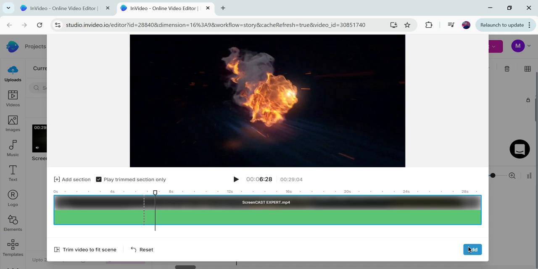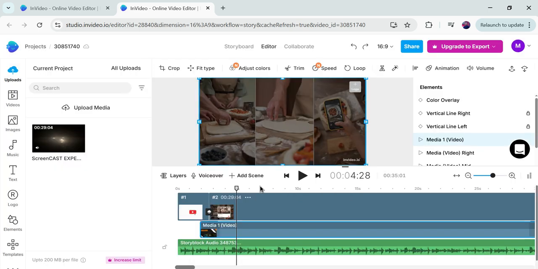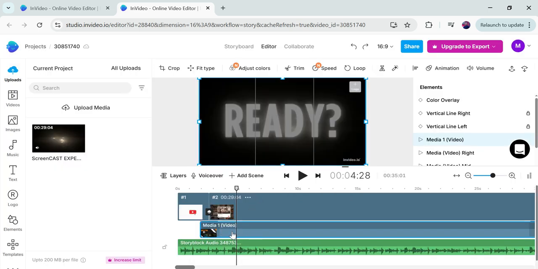Okay, so that's how you will add your own video here, and now you will just adjust it here by just moving it to this position.